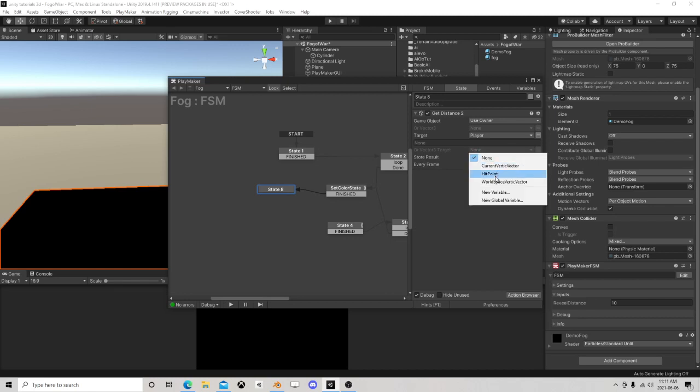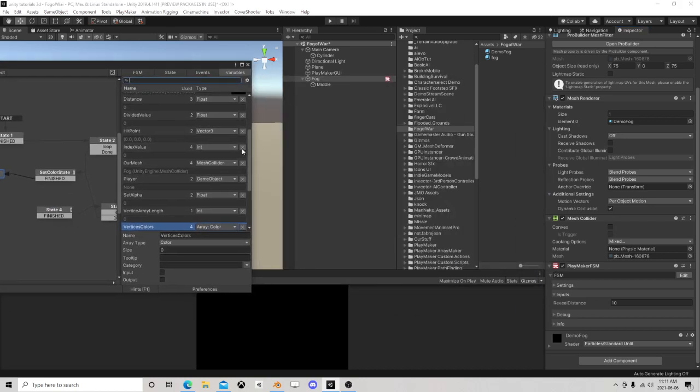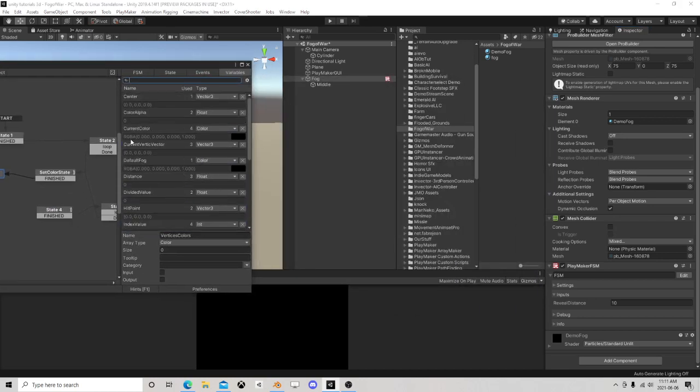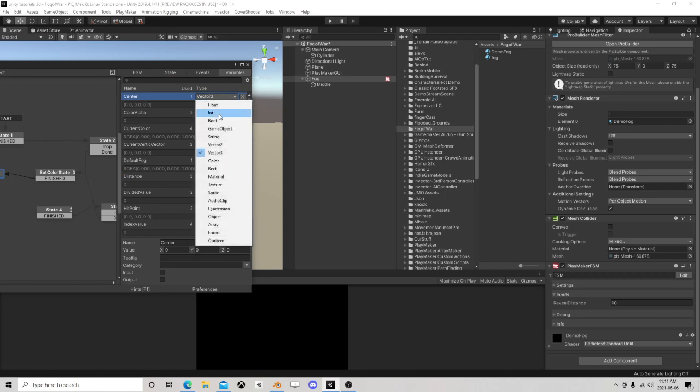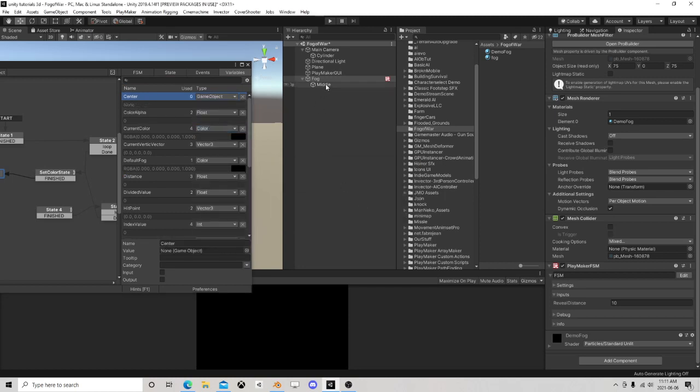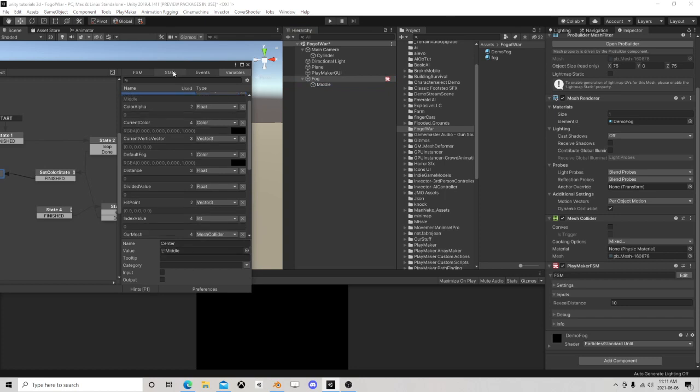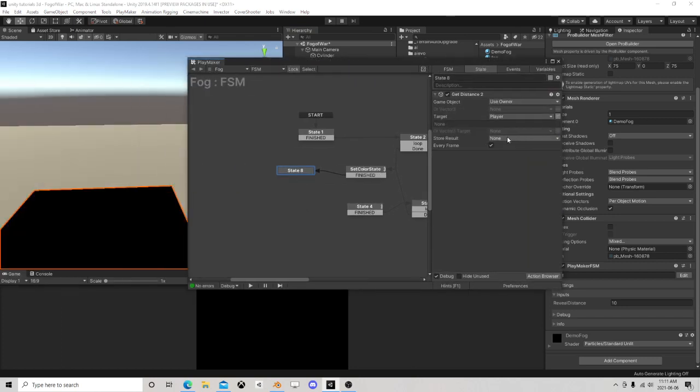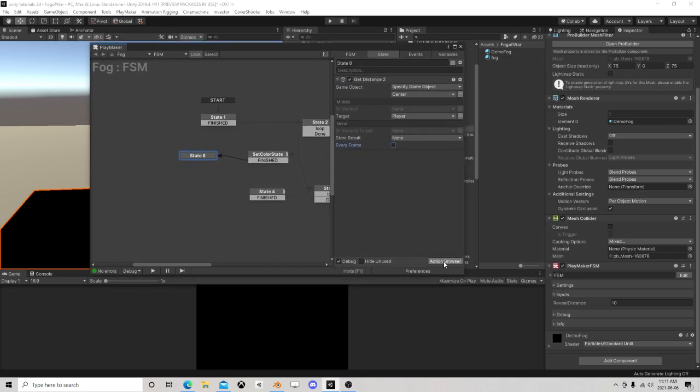And the other one we need is our center. Now our center is going to be our little marker here. No, that's supposed to be a game object. So that's supposed to be this guy. Center to player. Center to player, and